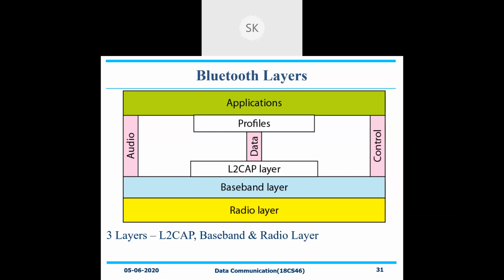After that, segmentation and reassembly. You cannot send the data directly, one bit at a time. How segmentation needs to be done, whether it is 1 bit, 2 bits or 3 bits, we need to decide depending on the connection and whether it is connection-oriented. That protocol will give you the exact picture. Then there is how the reassembly operation works, that is, after segmentation, at the other end it needs to be reassembled, followed by group abstractions, how a group will be taken into consideration. All these features are handled by your L2CAP.